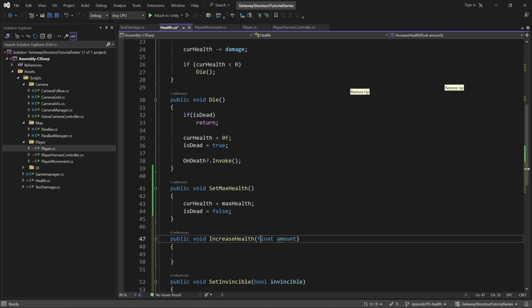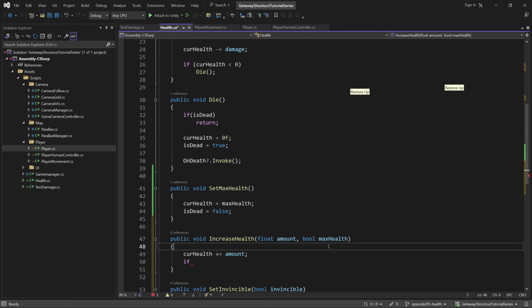And actually I'll add another variable called max health, or something to that form, where first we just increase the current health by the amount,